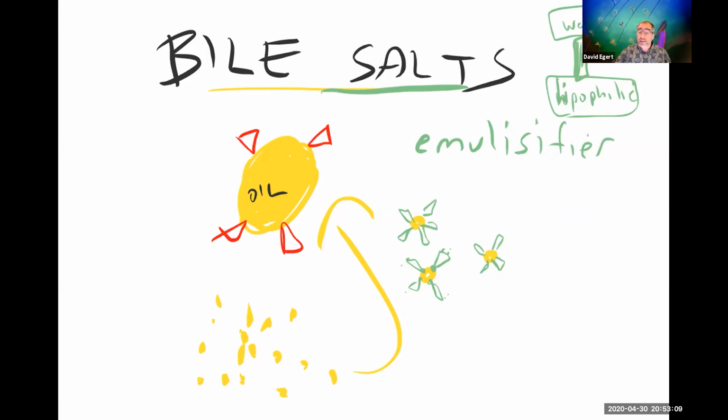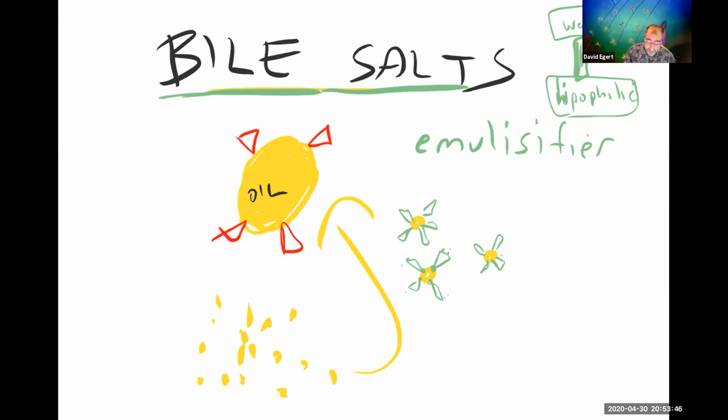This is also what they put in those pre-made Italian dressings. If you make your own oil and vinegar and you shake it up, it separates immediately. But if you get something with emulsifiers in it, there's lots of different emulsifiers. Egg whites, or egg, can be an emulsifier, or carrageenan is a classic emulsifier that people use in food preparation, which is from seaweed. But anyway, the bile salts